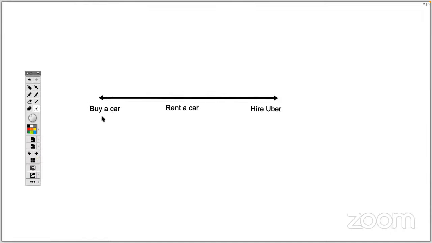So buying a car is like having our own data warehouse. That means you have to spend a lot of money, and you have to maintain the car and monitor the car. If there is any problem with the car, then the car will be unavailable. Maybe it is in the service center and we cannot use that car. So there are many issues with buying a car. But renting a car and hiring Uber are the common trends which are going on.